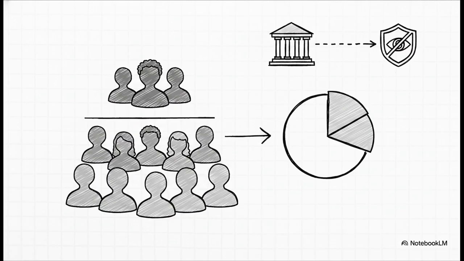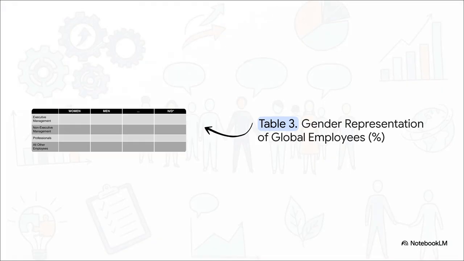But SASB does provide a critical exclusion here. If your local jurisdictional laws prohibit collecting this data, or if collecting it poses a risk of harm to the employees, you are completely permitted to omit it. When you finally publish your sustainability report, it results in this highly transparent matrix. You've got your 4 management tiers forming the rows and your gender categories forming the columns. It gives anyone reading it an immediate snapshot of representation across the firm's exact hierarchy. It makes it remarkably easy for an investor to digest exactly who sits where.